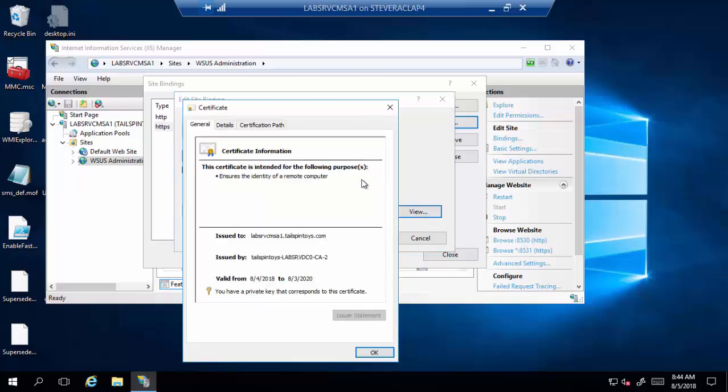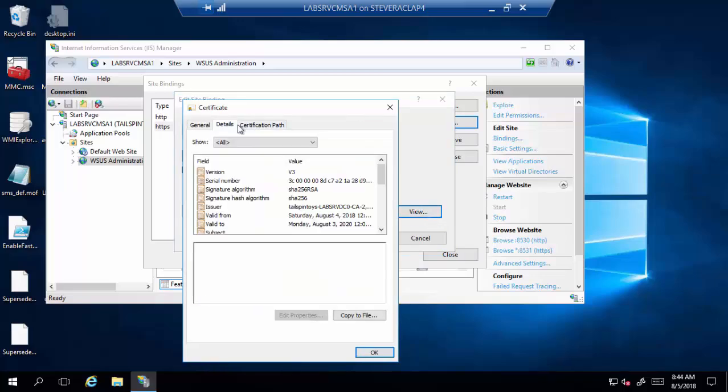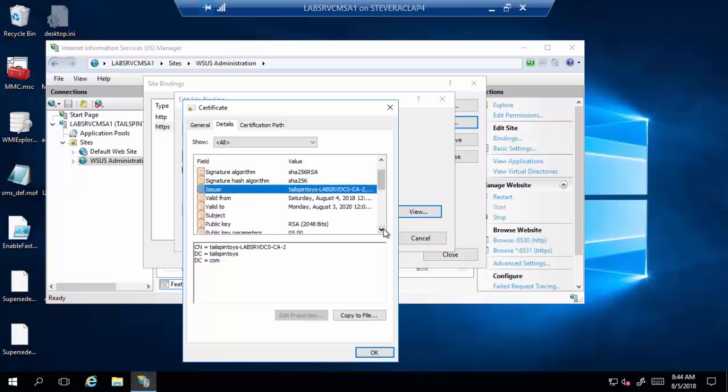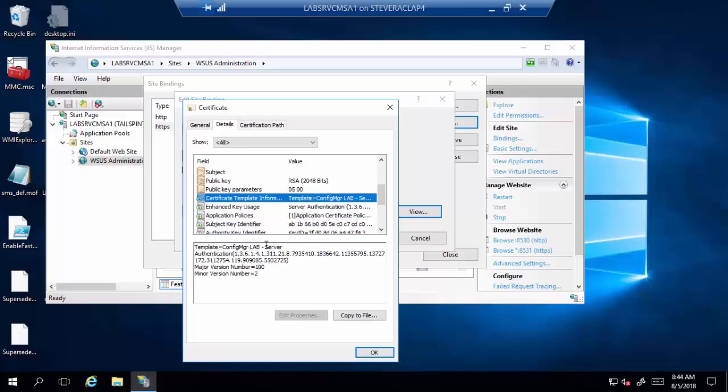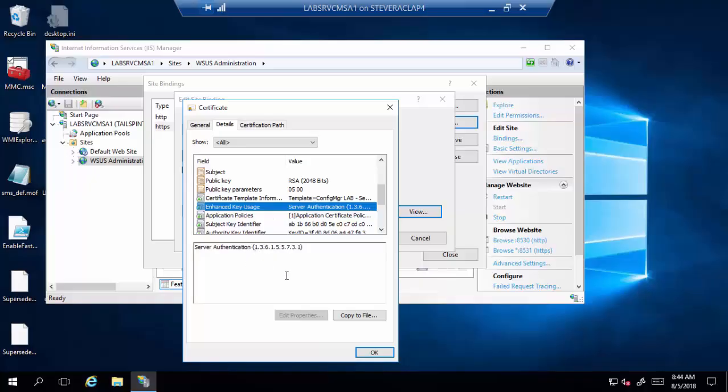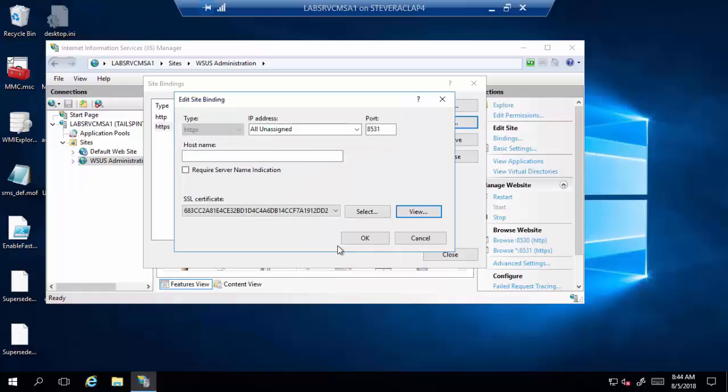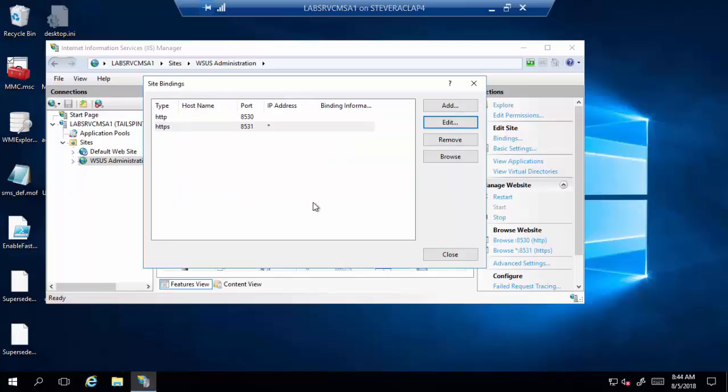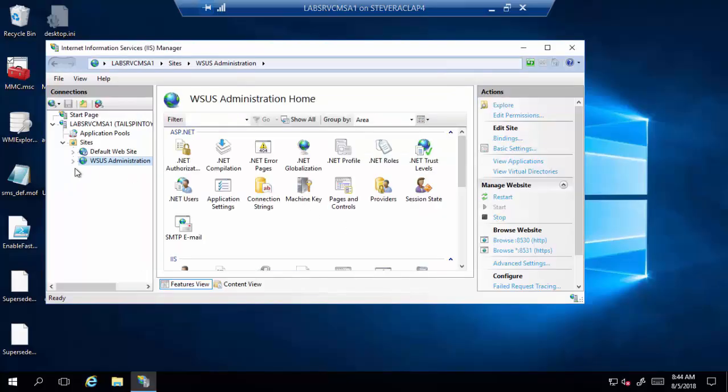Because I can view the cert, look in the Details tab, and scroll down a little bit. Well, first of all, I see it was issued by my certificate authority, which is an on-prem certificate authority in my lab. Then I also see the template that was used is for server authentication, and also the enhanced key usage tells me this cert is for server authentication. So I know this is the right one. So I select it, and now the website is set up